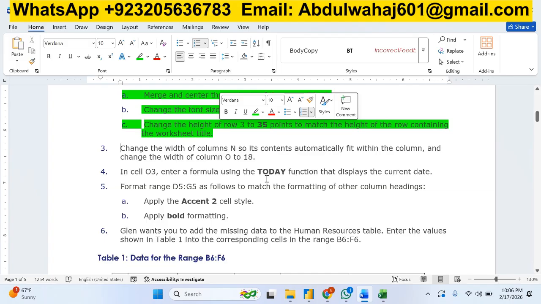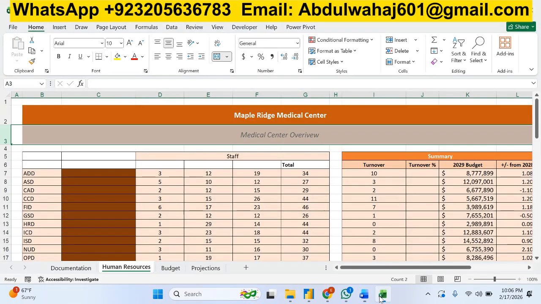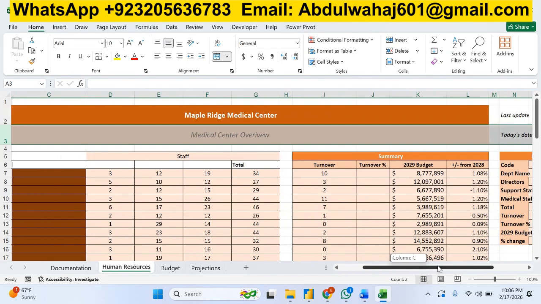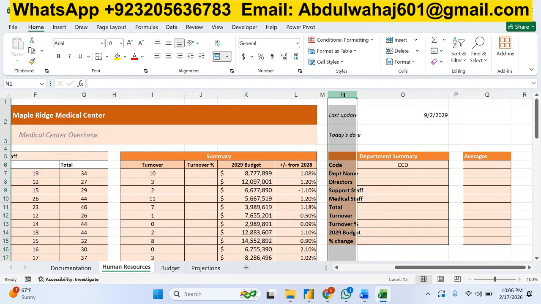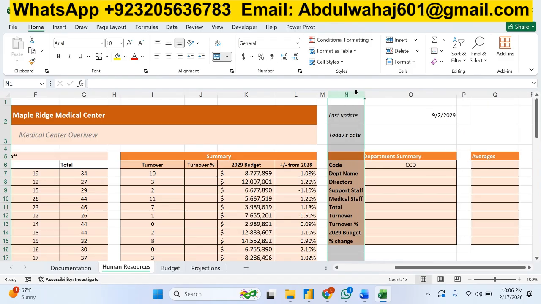Moving to step number 3, it says change the width of column N so its content automatically fits within the column. Column N is this one. We have selected it. Now we will auto fit it. As you select it, you just need to double click here, that's it. So we are done with step number